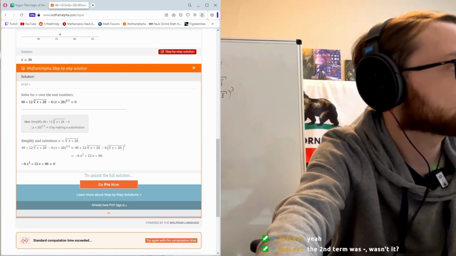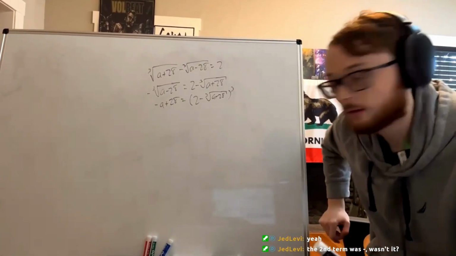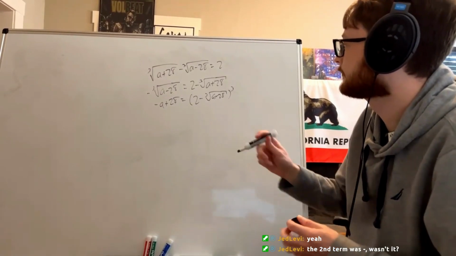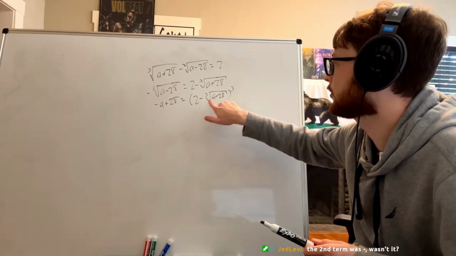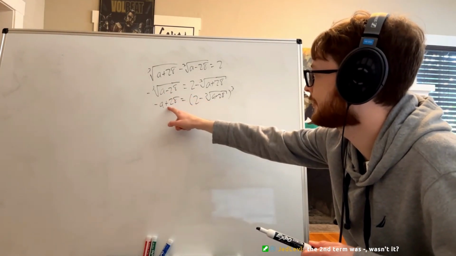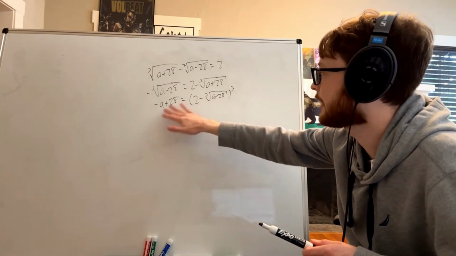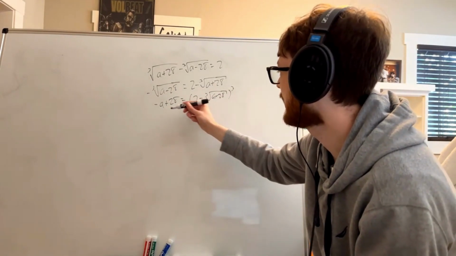And actually, I'm about to do this step by hand anyway. But when we do this foiling, we get multiple a plus 28 terms. And this a minus 28 that tracked down to here is going to get combined with other like terms. So it is right that